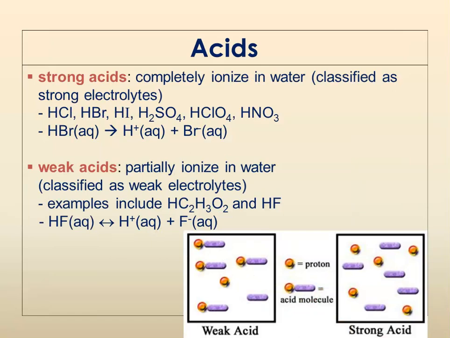Acids can act as strong acids or weak acids. If they're strong acids, as we've seen before, they completely ionize. You already know that list. We've talked about them, and they go completely from being an aqueous solution to being ionized. While weak acids only partially ionize, and so they have that double arrow happening because sometimes they separate, but more often than not, they stay intact. And it just really depends on their relative strength as to what percentage of their molecules are able to dissociate